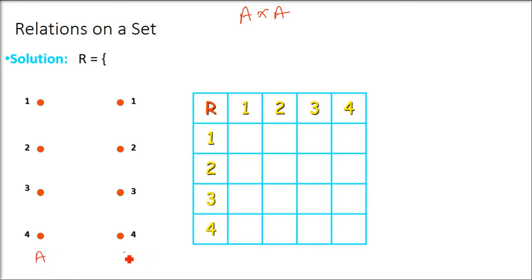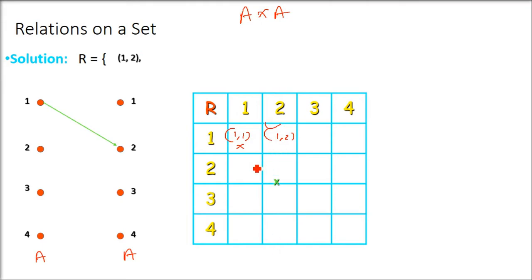So for all the A cross A Cartesian product, we are going to take those where A is less than B, and that will be our relation. See, 1, 2, 3, 4, assume it to be one set. This is the A set, this is the A set. Now 1 is related: 1, 1, the Cartesian product, 1, 2, 1, 3, 1, 4. This is simple in Cartesian product, but we have to take only where A is less than B.